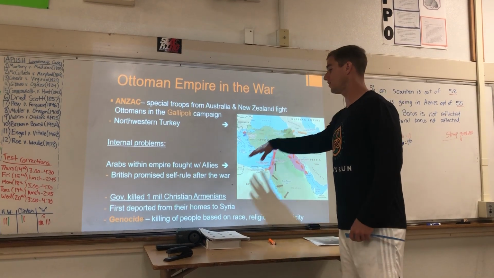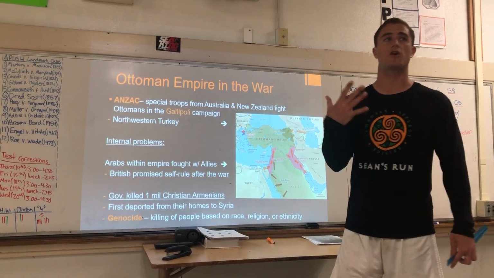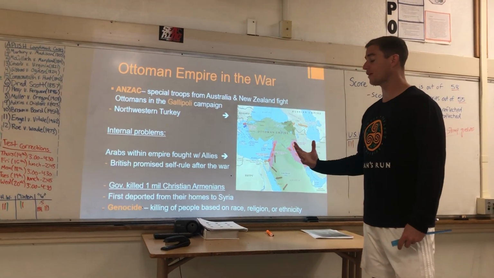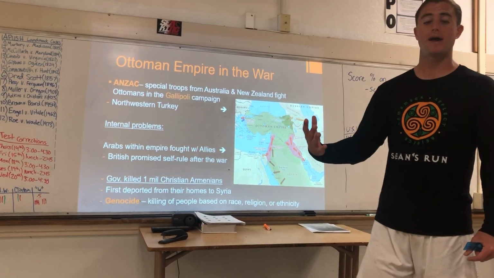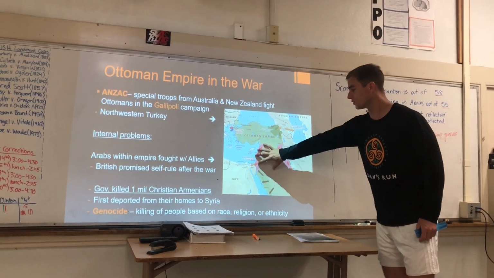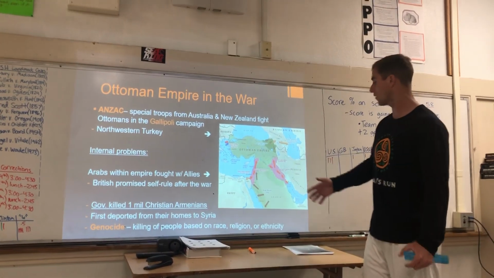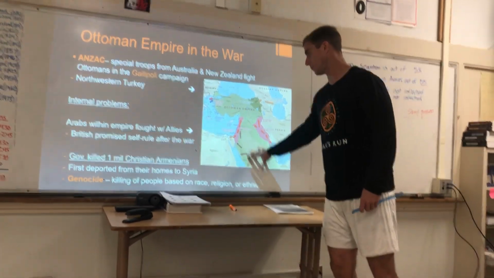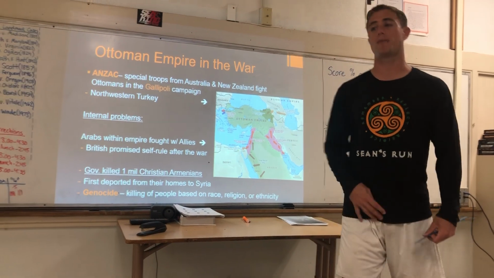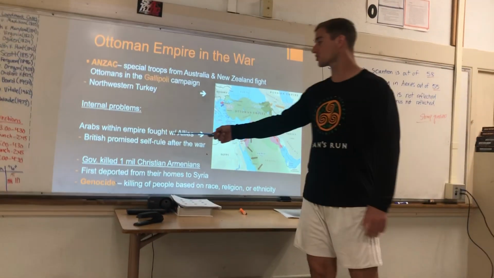And so the Christian Armenians, while they're the most famous, are not the only ethnic minorities that are fighting for their independence during World War I. For instance, we have Arabs also living in the Ottoman Empire. And when we say Arabs, they're people coming in from the Arabian Peninsula or close by, and our Arabs want their independence from the Ottoman Empire as well. So our Arabs are actually going to fight for